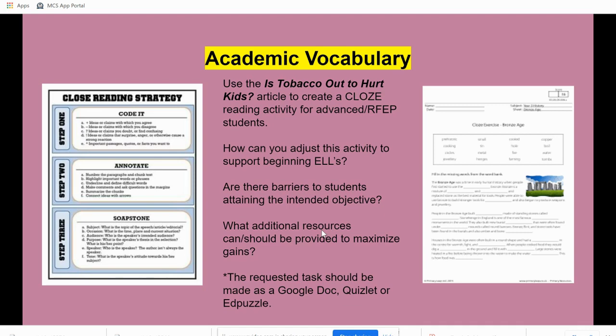Code it, your closed reading strategy. How do you figure out what to do? Ideas or claims with which you could agree, or to annotate, as well as to have a SOAPSTone. Okay. So all three of these questions that I have placed in the middle will help support you in preparing your activity. You can create that in a Google Doc, a Quizlet, an Edpuzzle. Either way, I have no preference, just as long as it is in a format that is easily accessible to